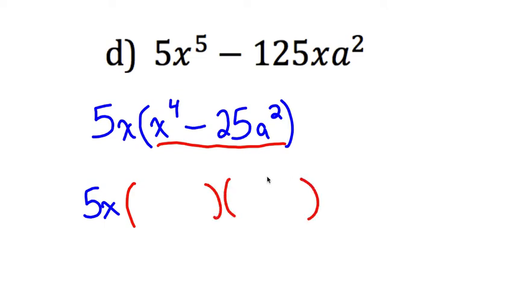Same way. What times itself gives me x to the 4th? X squared times x squared. What times itself gives me 25? Well, that's 5 times 5. And now here's where it's a little different. What times itself gives me a squared? And that's a